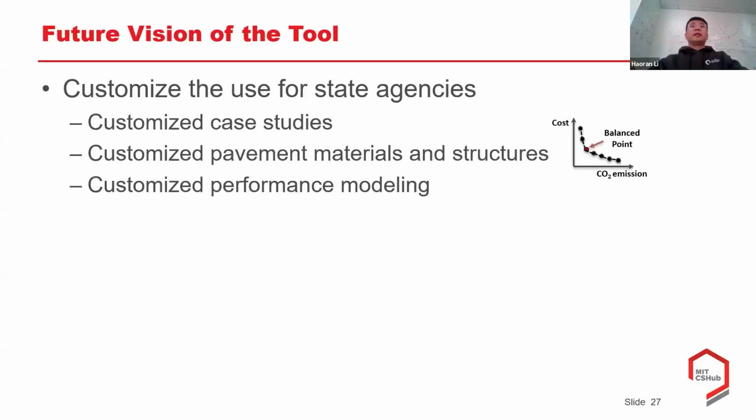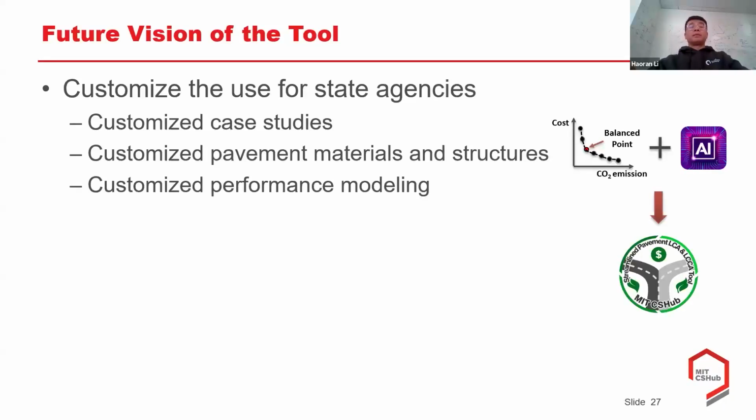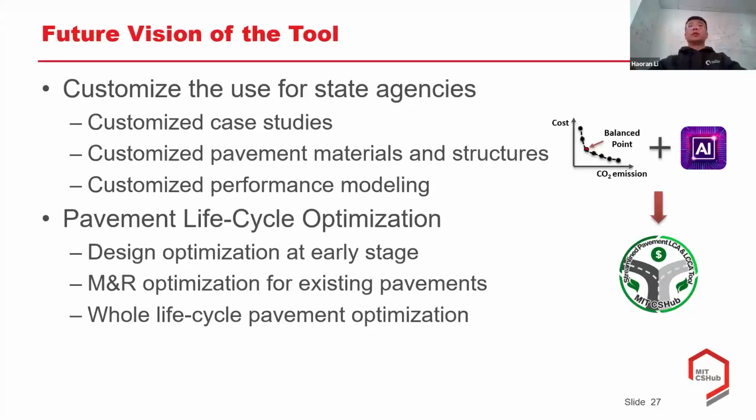And also, you can use advanced machine learning or AI tools to do optimization, where you want to find a balance point, or you want to reduce your life cycle cost or life cycle greenhouse gas emission. So in the future, we can do that as well. Actually, we have already built those models in hand, but haven't embedded them in the tool because of the lack of research and publication of the tool, which can include design optimization, maintenance and rehabilitation optimization, if you already have a pavement there. And if you want to make better decisions at a very early age, you can do a whole lifecycle optimization,